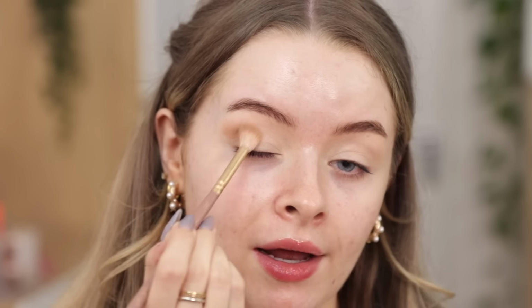I'm going to start with this palette actually, and I'm going to take the middle shade, which is like a neutral light brown, I would say. And I'm just going to start applying this with a fluffy eyeshadow brush on my outer corners. Don't hold the brush too close to the end, otherwise it will really get in there and be too harsh. If you hold your brush a bit further back, I'm doing very light circular motions, trying to focus this on my outer corners,